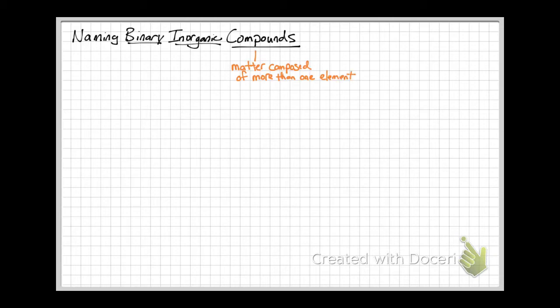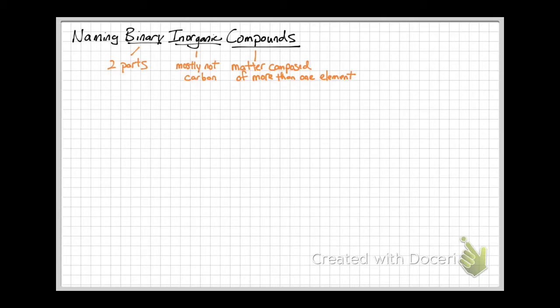By inorganic, we mean compounds that are primarily not carbon compounds. And then finally, binary means that we are looking at compounds that are composed of two parts. So these are a little bit simpler to name,